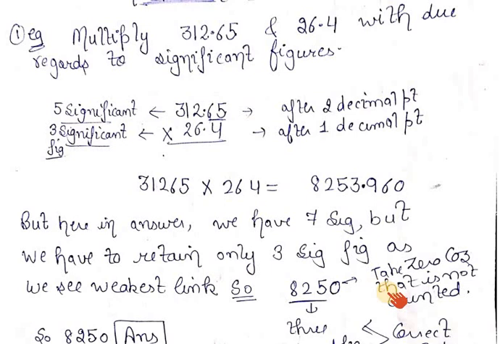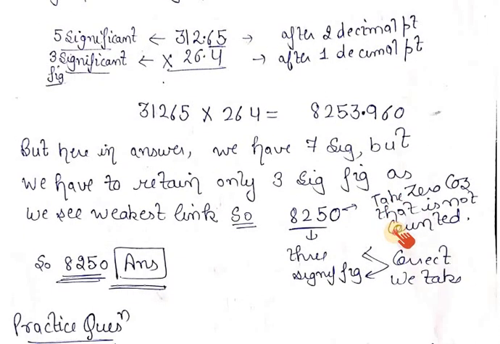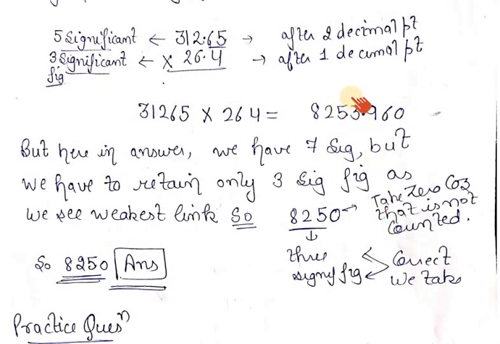So how will you give the answer to this question? You will see here where you have to put the brake. I told you in the second lecture when you round off. So you have to give your answer up to 3 significant figures. That means you will give up to 5, right? But if you break at 5, your answer will be only nearly 800. That is not possible, right? So you will give your answer 8250. I will explain why 0, why not 3 you will take.